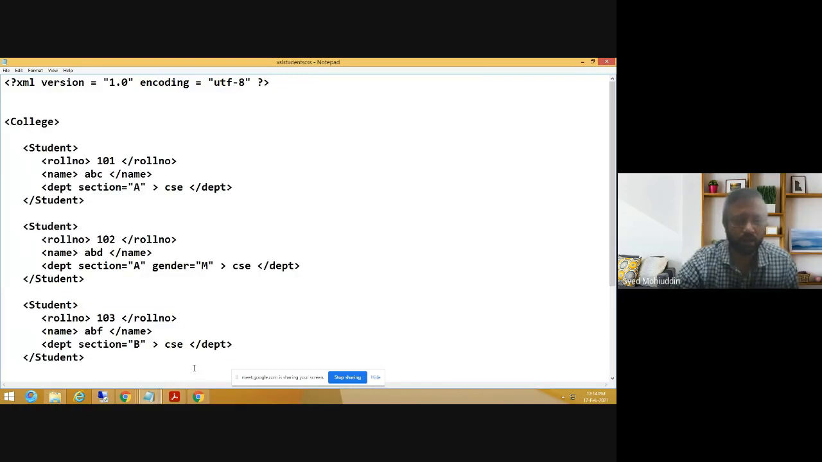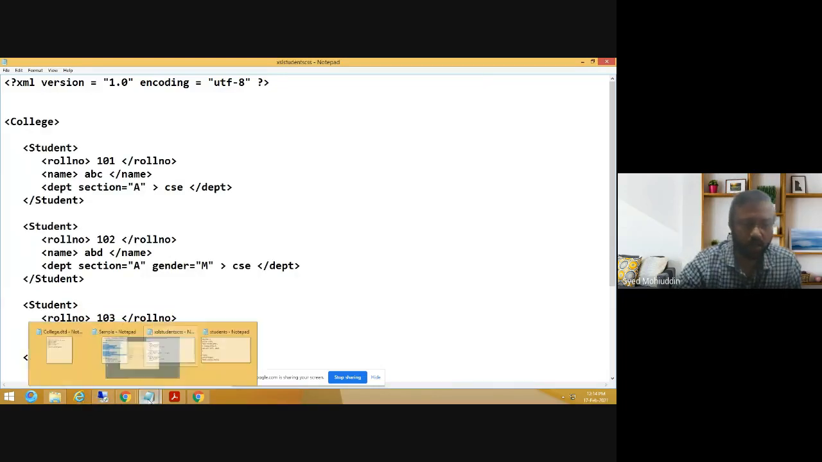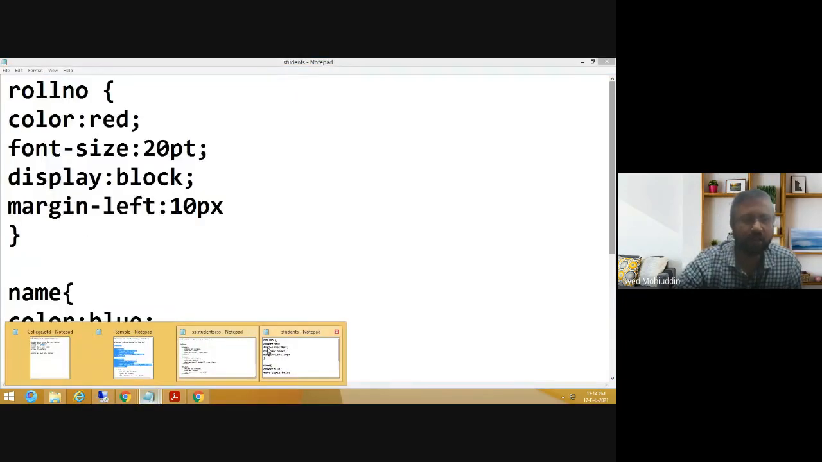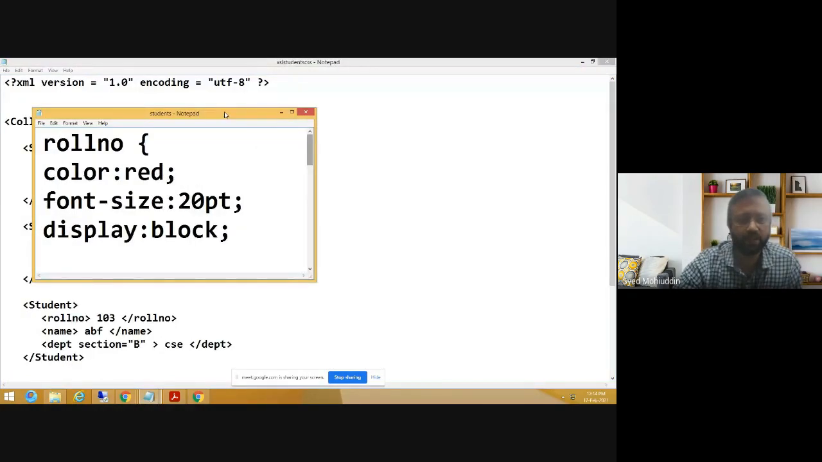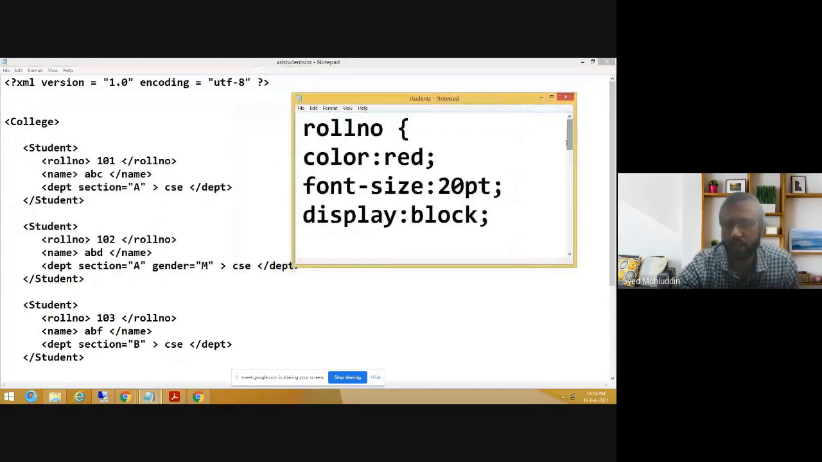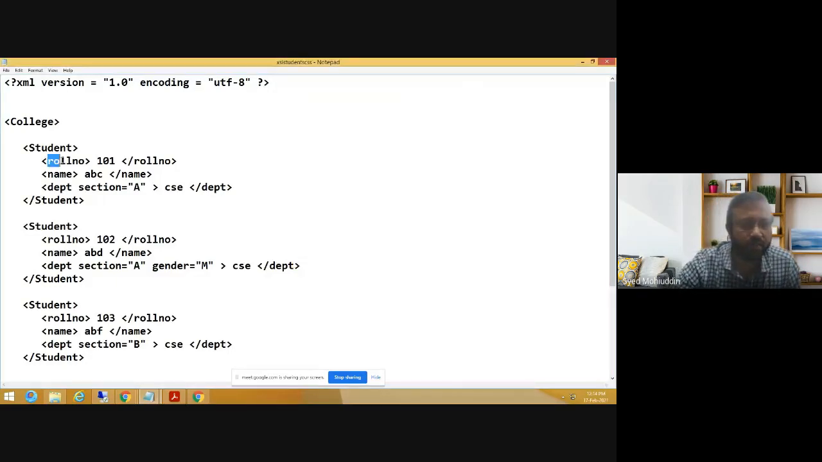Now I've created a corresponding CSS file. So here I have roll number as a tag, which has the data 101. I have name, which has ABC. So what I'll do is,